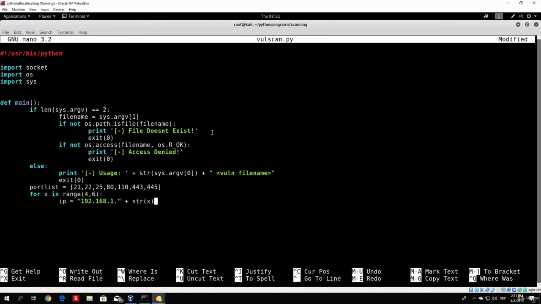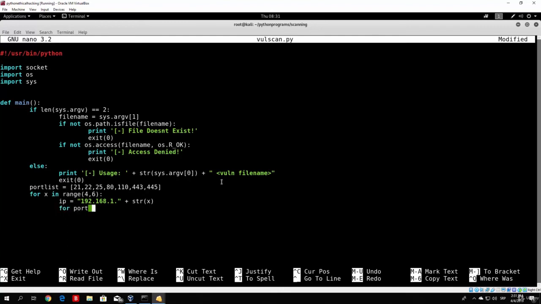Now why are we doing that? Well, basically if you have an IP address 192.168.1, we want to loop through this for each x from 1 to 255, so it will look something like this. Then this x right here will actually change value each loop, so we can scan different targets. So that's the idea. Now, after we did that, we want to actually loop through the ports themselves. So for port